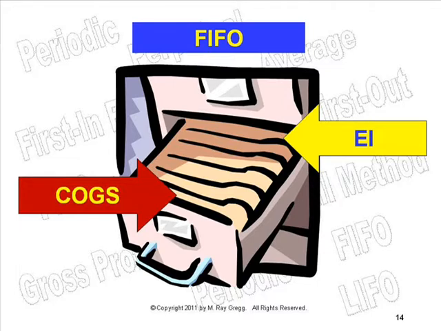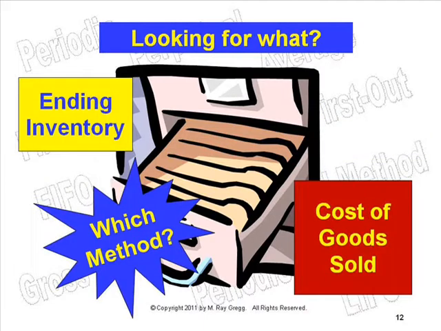The first good in is gone. It's part of cost of goods sold. If any goods remain, they're the most recent items. They're the ones at the back of the file drawer. That's ending inventory. It's still true, to get the right answer under FIFO, LIFO, the extremes, you need to know